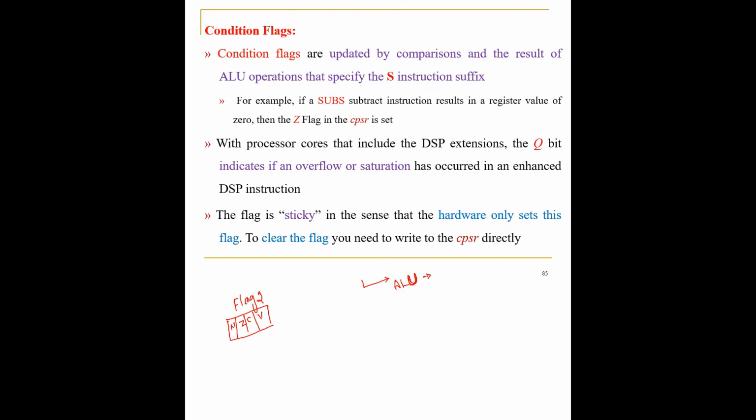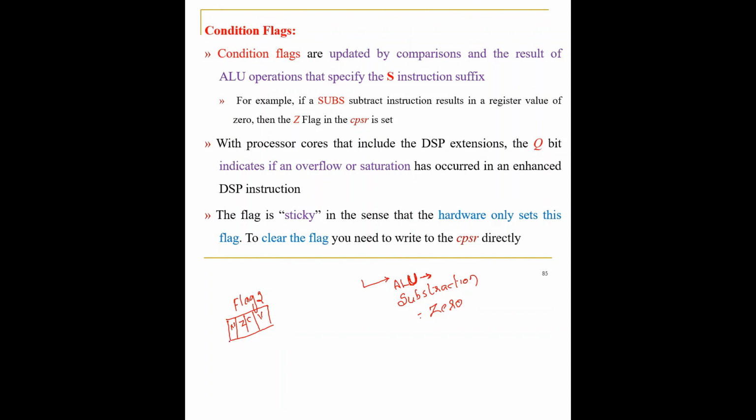the contents of this flag will be updated by the operation that has been carried out. Suppose let us say that you have done a subtraction operation, and the subtraction operation has resulted in a 0. As soon as the 0 has resulted here, then if you go and check the status of this flag